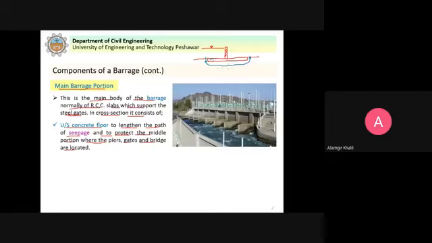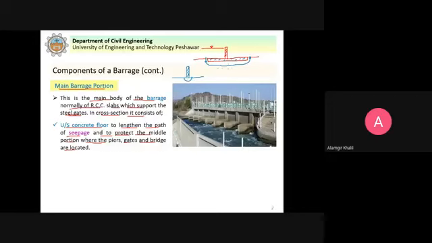So these impervious floors are provided upstream and downstream to increase the seepage path. Because if we do not have them, let's say this is the situation and you just provide the body here, what will happen? The water can seep here and it can appear here.